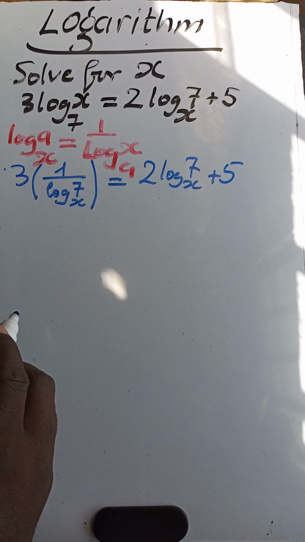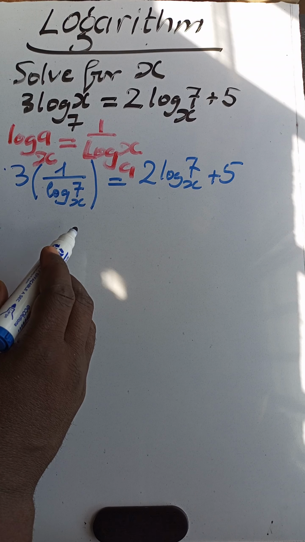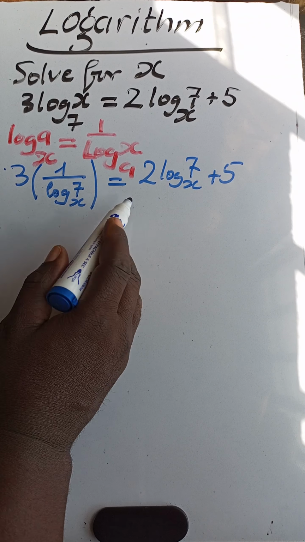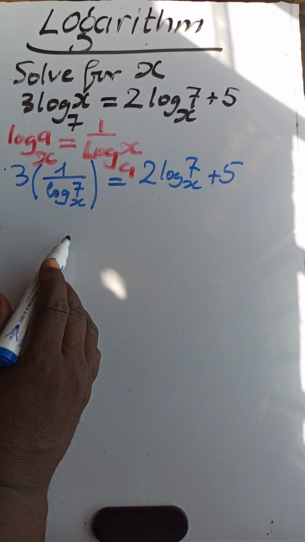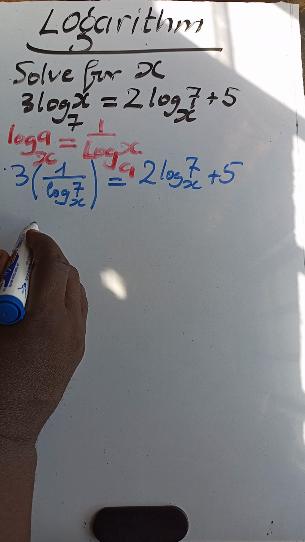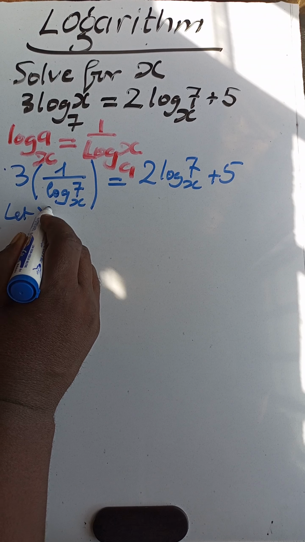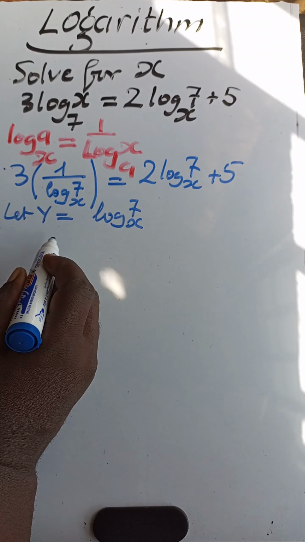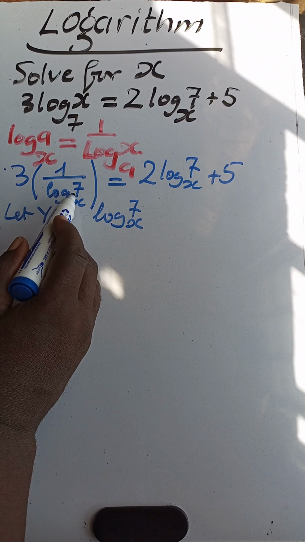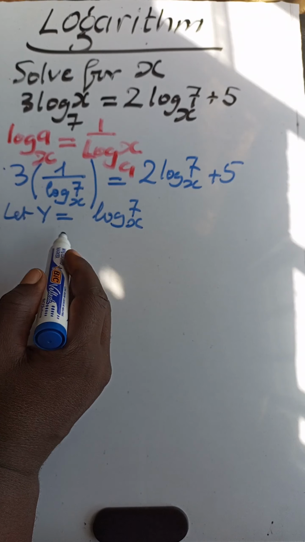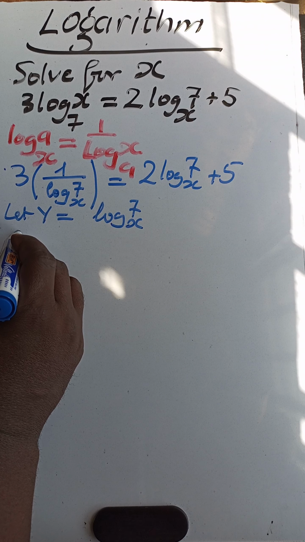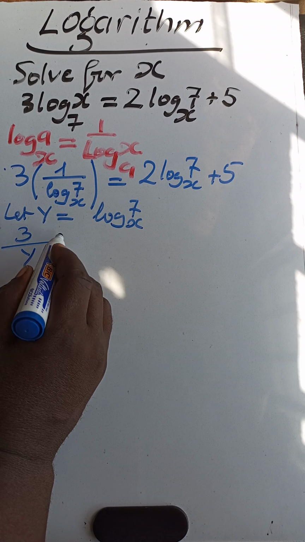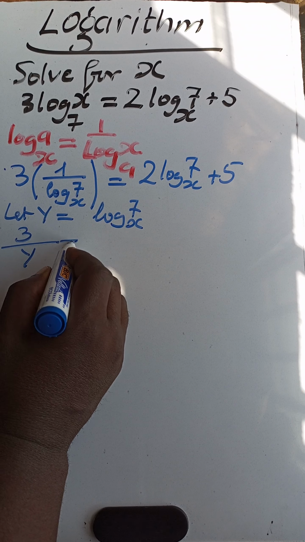So we have log 7 base x now common on both sides, on the left hand side and the right hand side. Let us make it look much more clearer by bringing in a new variable. Let y be log 7 base x. Now, let us replace log 7 base x with y on both sides of the equation. So we're going to have 3 times 1 is 3, all over y here. This is y, equals